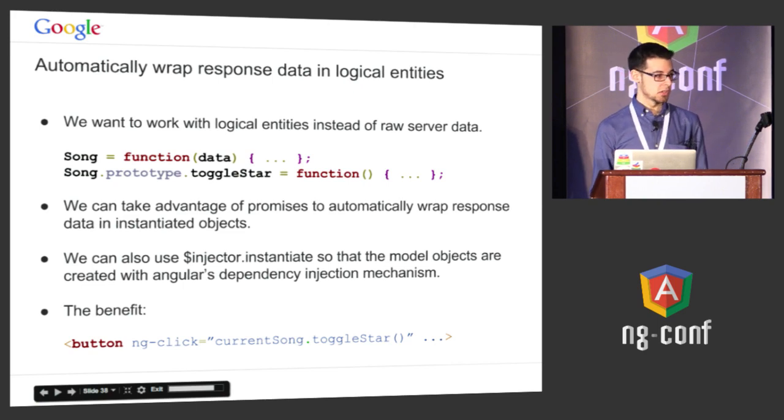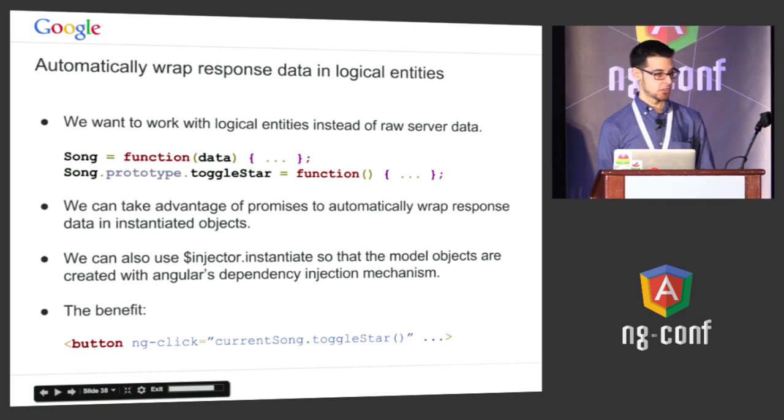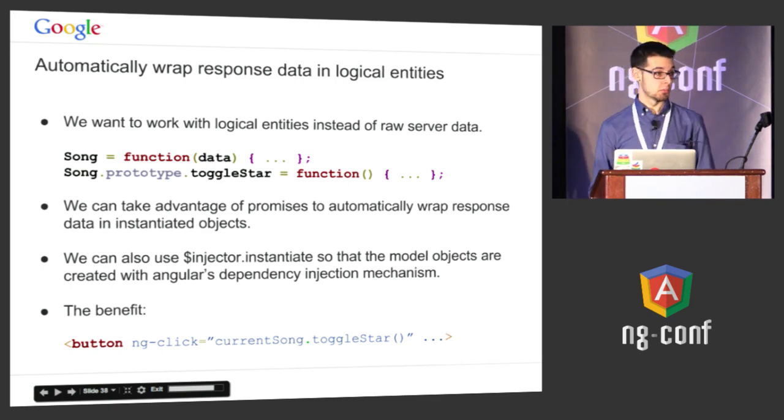For those of you who are unfamiliar with promises, I believe there's going to be another talk later today that goes more in depth about them. So another neat thing is that the API service uses Angular's $injector service and its instantiate method to create these model instances so that they can receive dependency injection. This makes the models more flexible and easier to test, and you can use the other code that you've written in your